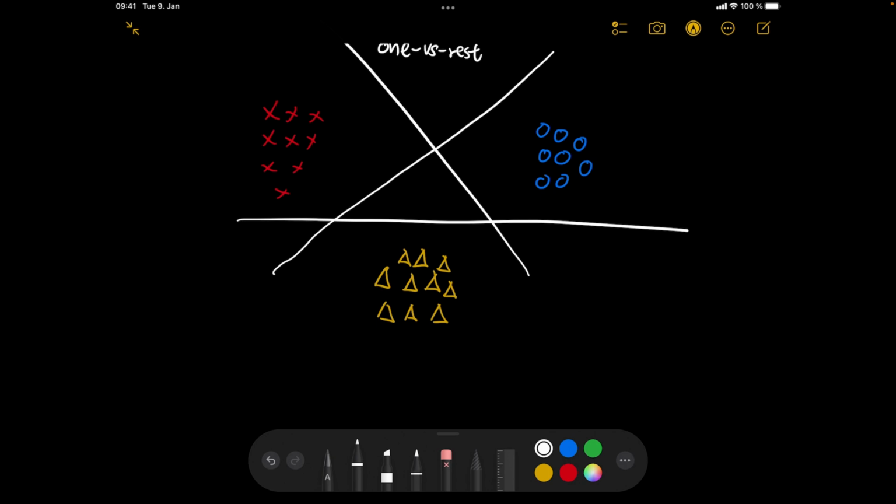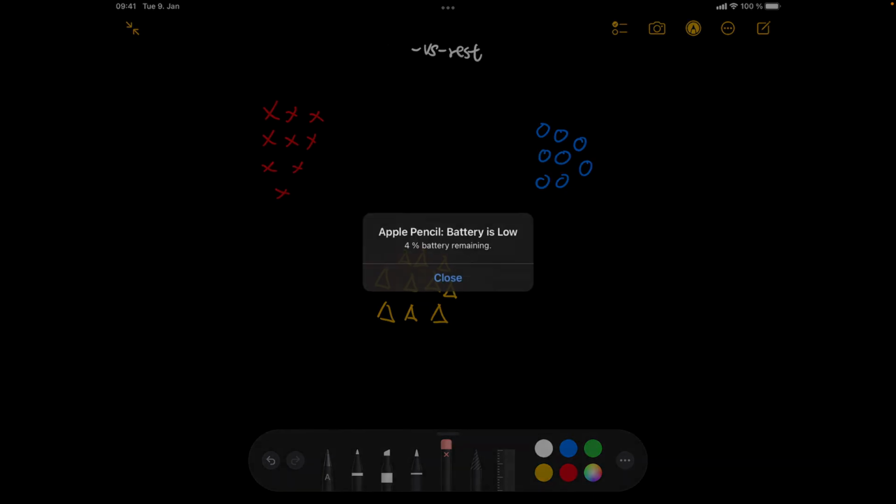So you have then different hyperplanes drawn that are then, let's say, merged together into one classifier when there are new unknown data points. So this is the one method, the one versus rest, and the other one,